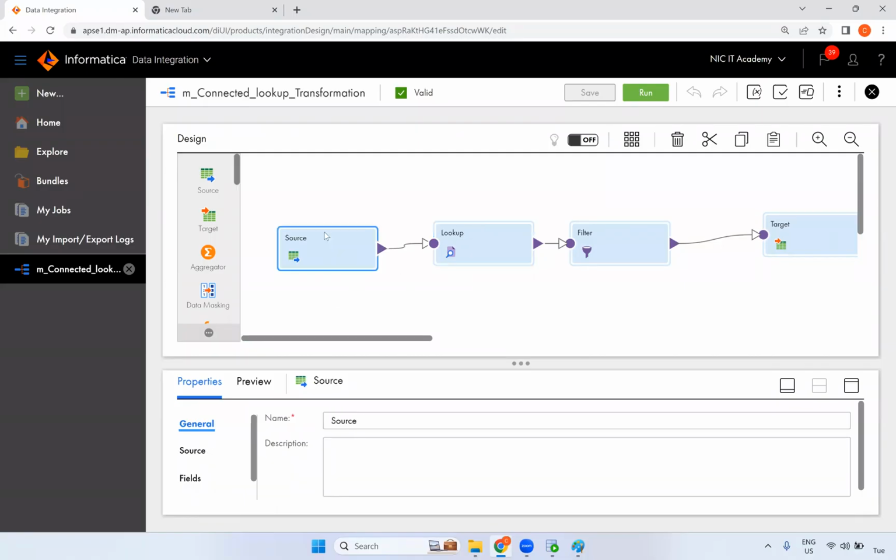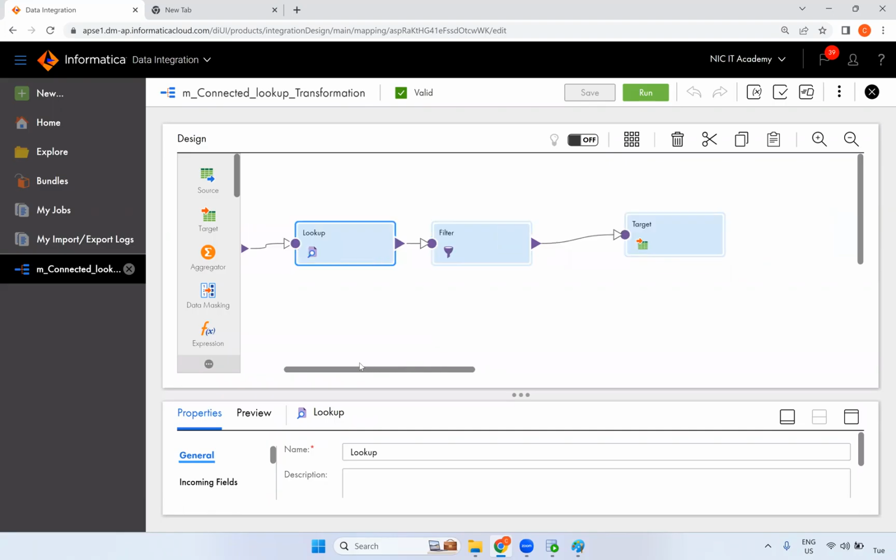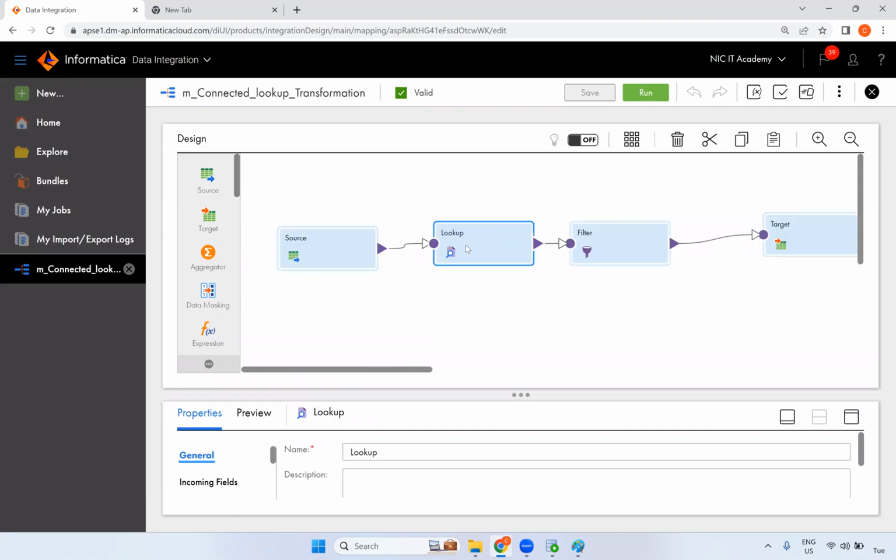Left table will be our source table. Right table will be your lookup table. So it will make a left outer join, and you will get the result based on these lookup values. The same one, you can go for unconnected lookup. So what is that unconnected lookup? For example, with the same lookup, if I want one more column, one more table,